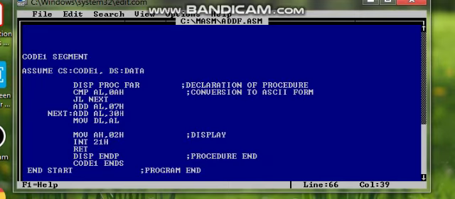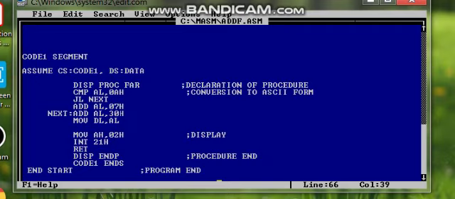Here it compares each individual digit of the output with 0AH. If it is less than A, then it will add 30H to make it ASCII, otherwise, if the number is greater than 9, it will add 37H.